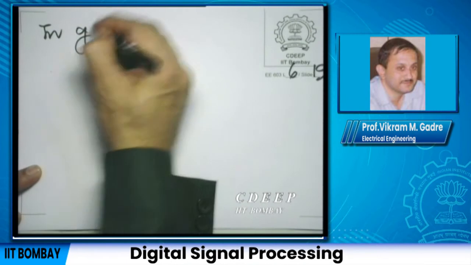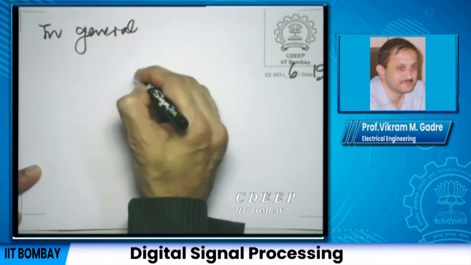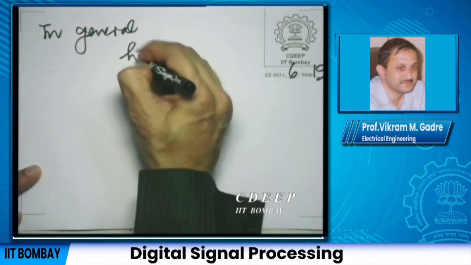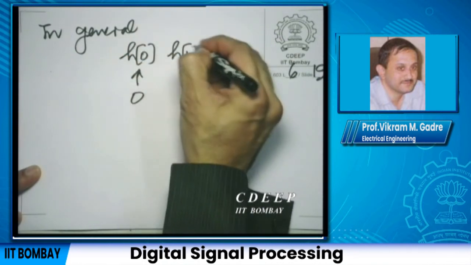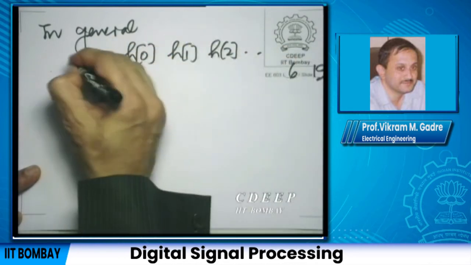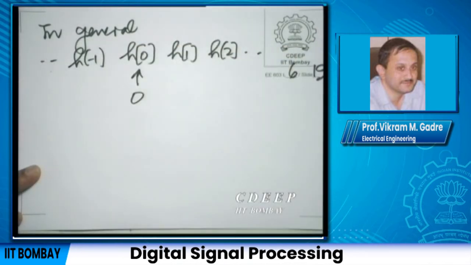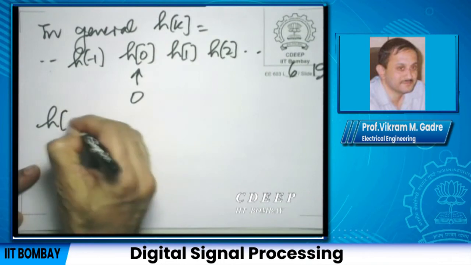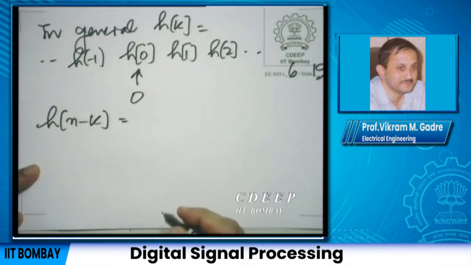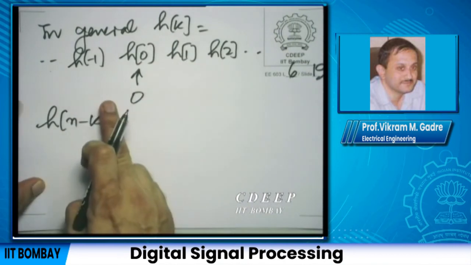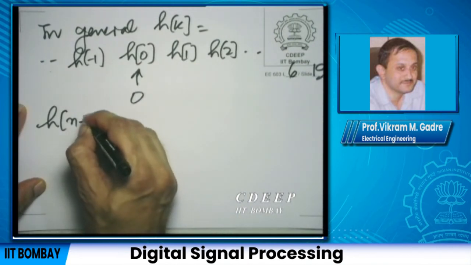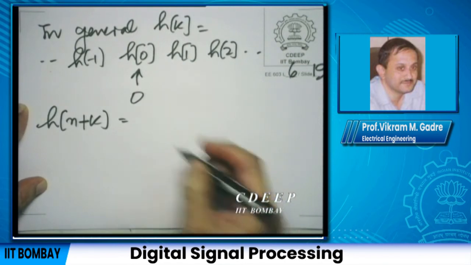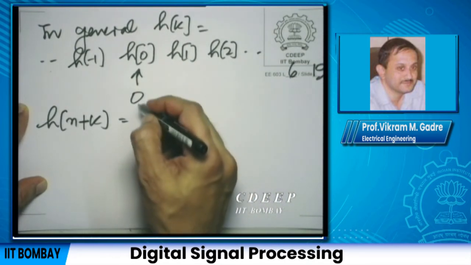In fact, I don't need to take a specific example. We can write in general. In general, you might have h of 0 and so on, isn't it? h of 1, h of 2 and so on. This is the sequence here, h of minus 1 and can go on behind. If this is h of k, then h of n minus k is going to be obtained by shifting this backwards. So maybe we'll first write h of k plus n, shifting this backwards. So this appears at minus n,